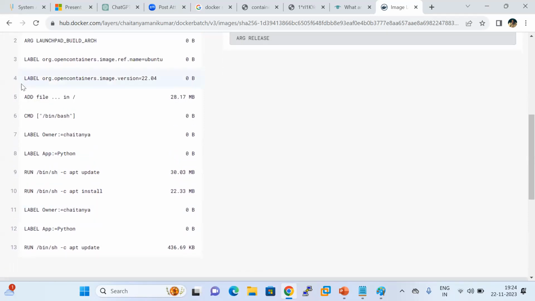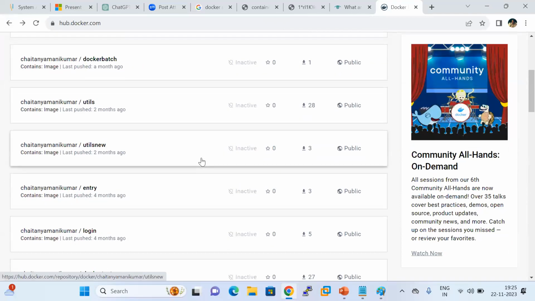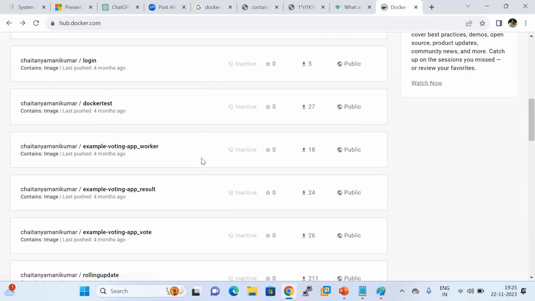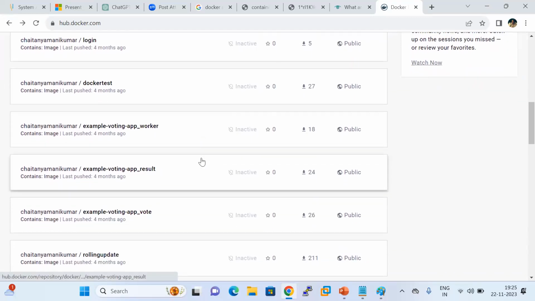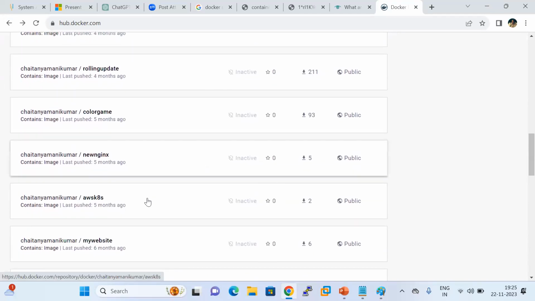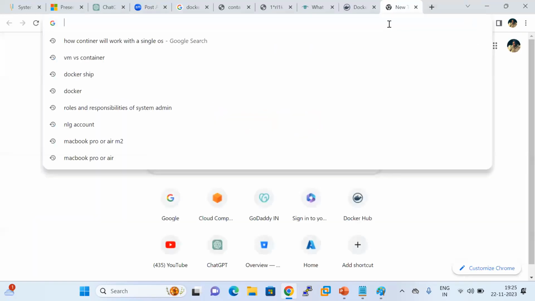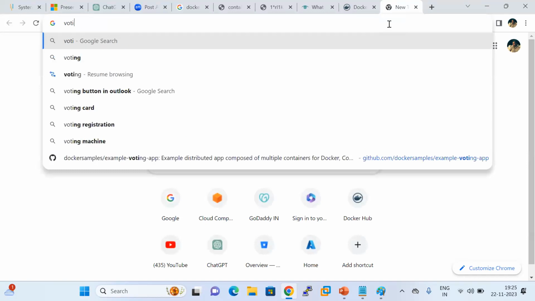Fine. Now coming back to this, for example, I have an application. If I want to run that application, how can I run it? What are the dependencies? Every application will have its own dependencies, and how we are going to run or create that application. For example, there is a Java application. Oh, so this is the voting app. There is a voting application,